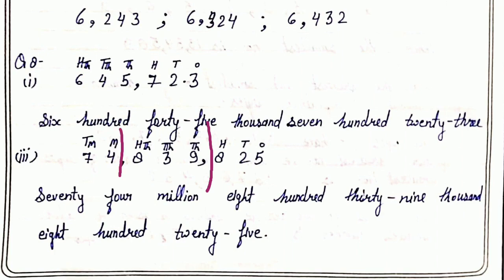Okay, so now in the third part you can see after 74 the million family is going to finish, so we will write directly 74 million. Then after 9, the thousand family is going to finish, so we will write directly 839, and then thousand will come. Okay, and after that 825 we will write. This is simple, and this you can write on your own. Okay, I hope you are understanding this.